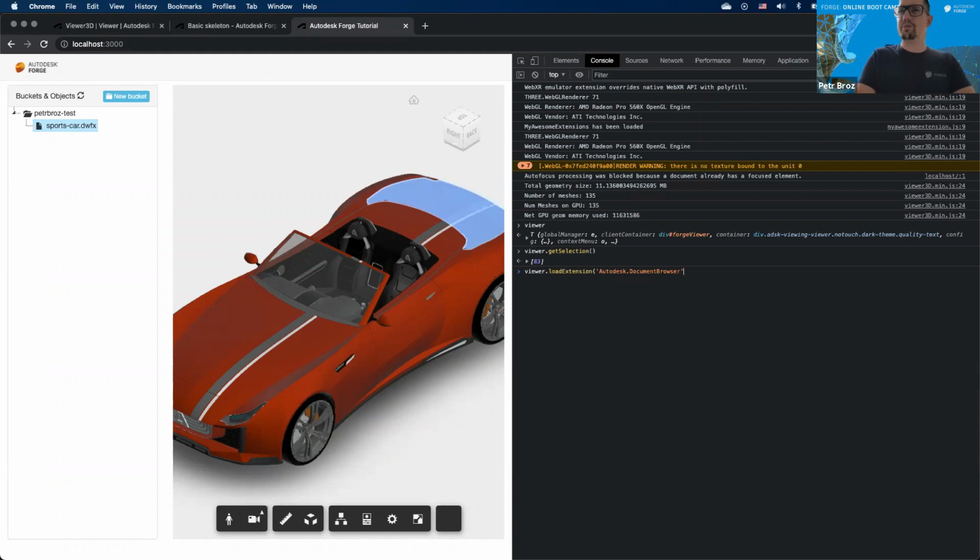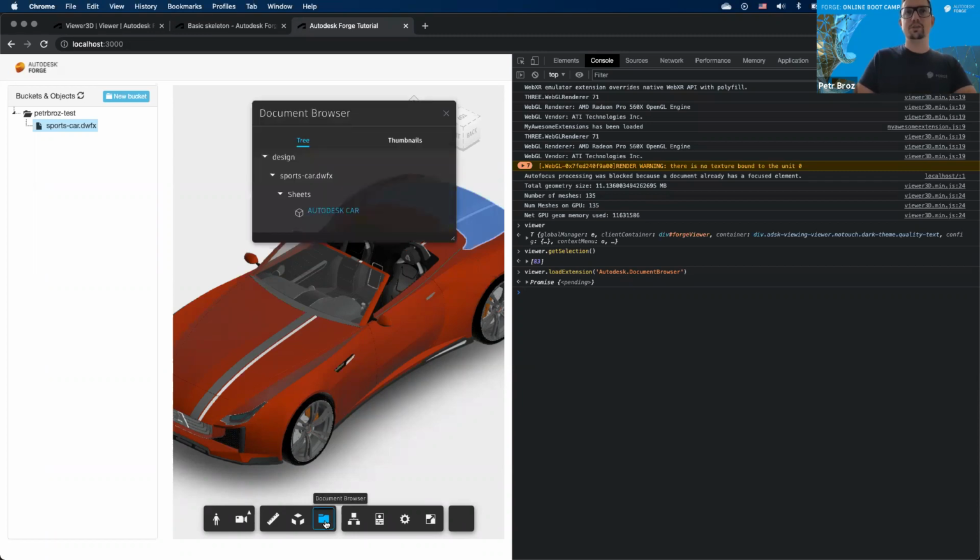I'm not sure if I'm remembering the name correctly. Okay, that worked. So what just happened was that I took the instance of the viewer that's currently on my page, and I asked it to load one more extension into it. And look what happened. We got a document browser icon appearing in the toolbar now, and we could potentially use this